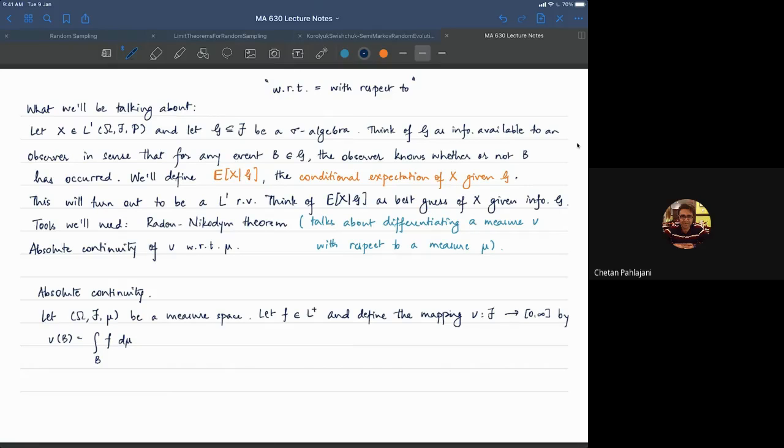Right? Now, of course, you remember what this is. This is just the integral over the whole of omega of f times indicator B d mu. Okay, so I'm going to make this definition. This is something you have seen before, by the way. And what you saw when you did this is you learned that nu is a measure on omega, F. Then we have,